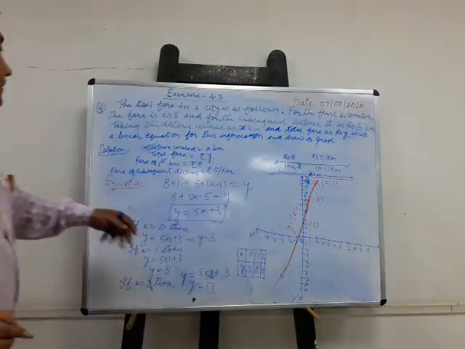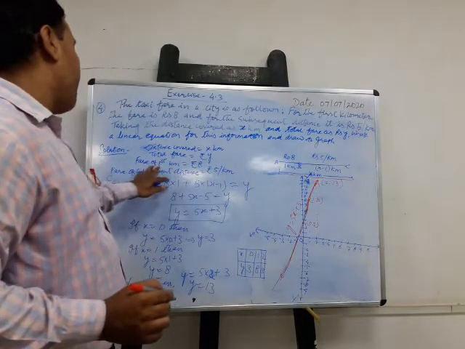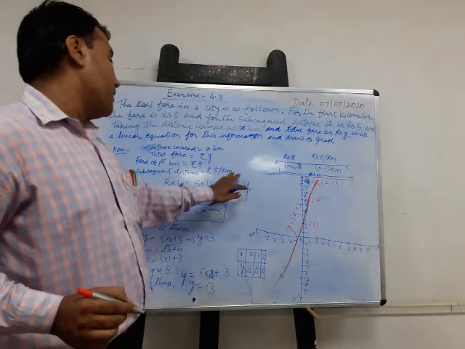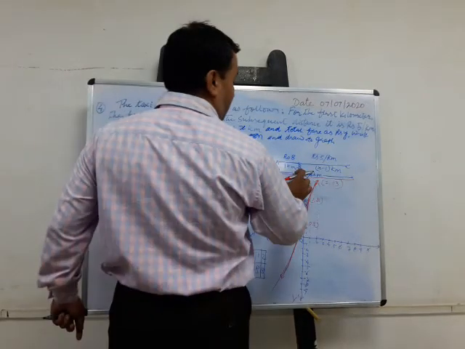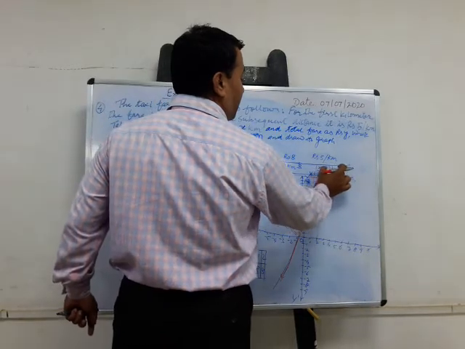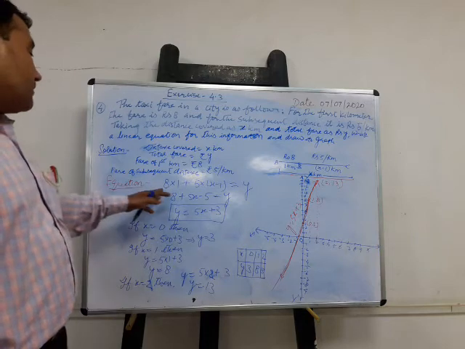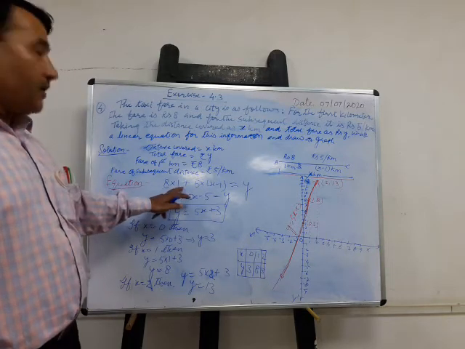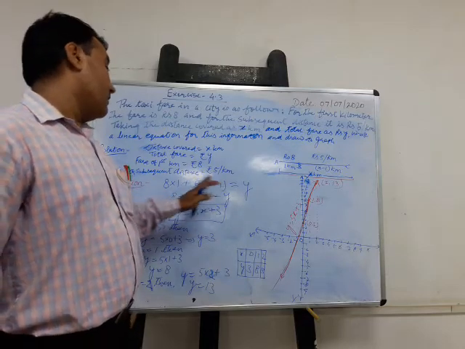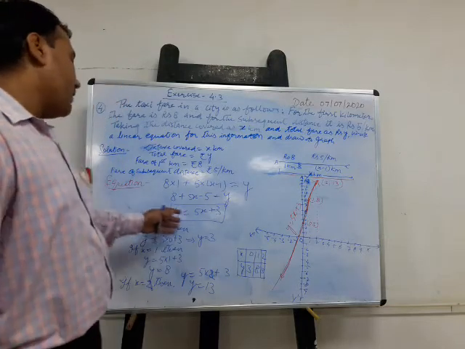So let us summarize the things. It is given that the distance covered is x kilometers, total fare is rupees y, fare of the first kilometer is rupees 8, clear, and fare for the subsequent distance is rupees 5. For the first kilometer the fare is rupees 8, and for x minus 1, that is the remaining distance, the fare is rupees 5 per kilometer. You wrote the equation: 8 multiplied by 1 plus the remaining distance x minus 1 at 5 rupees per kilometer, and when both fares are added together, it becomes the total fare y, and y equal to 5x plus 3.